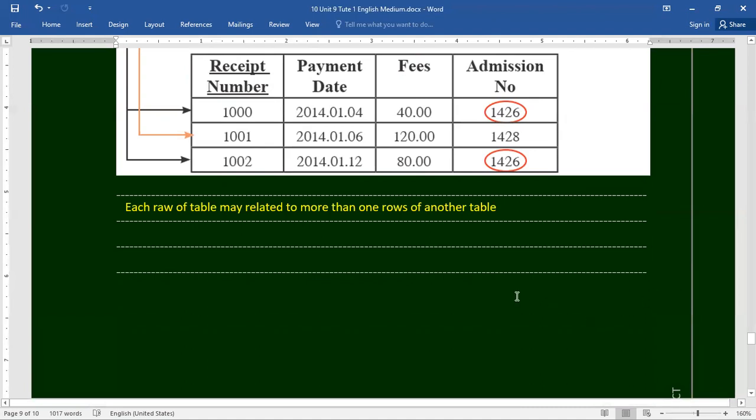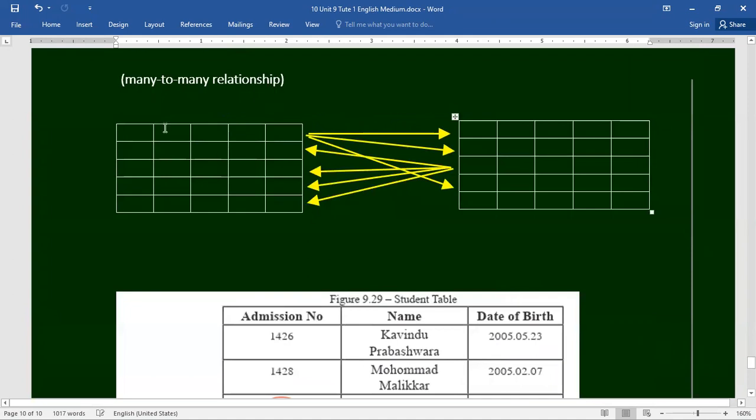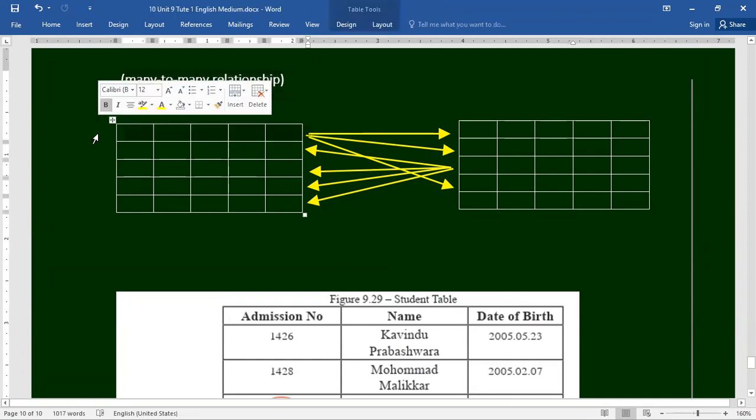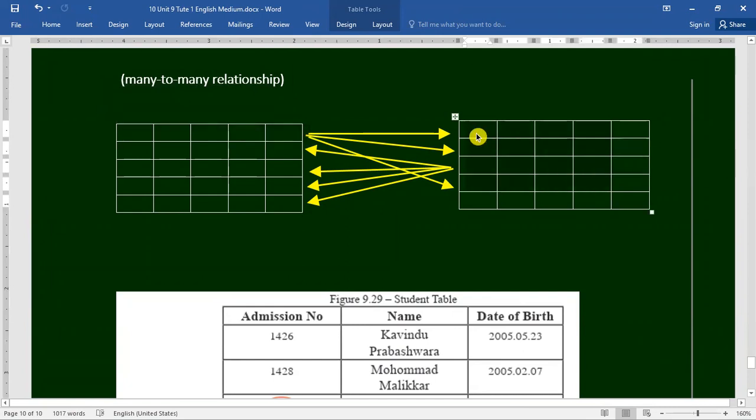Right. Next one is the many-to-many relationship. A single row of one table can be related to more than one record of another table, as well as a single row of the second table also being connected to more than one record of the first table. So we can draw this diagram first.